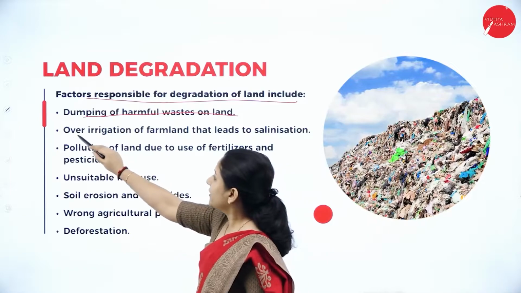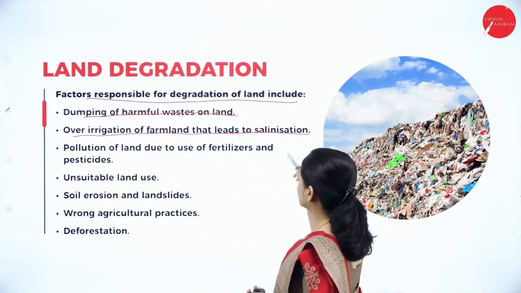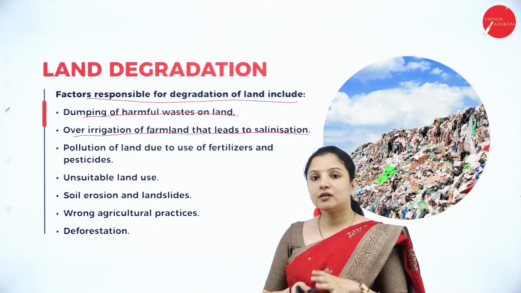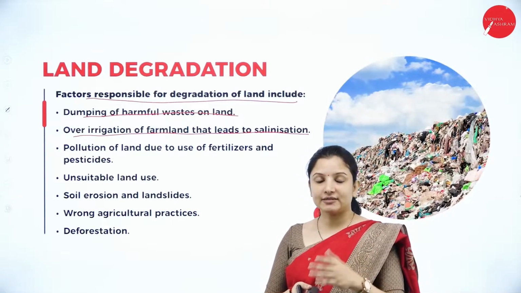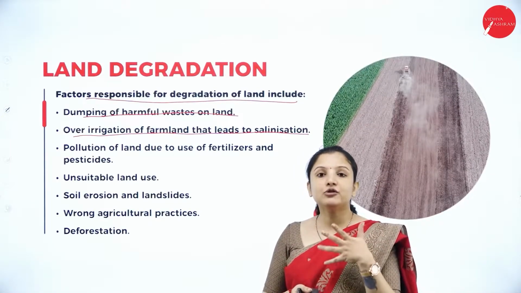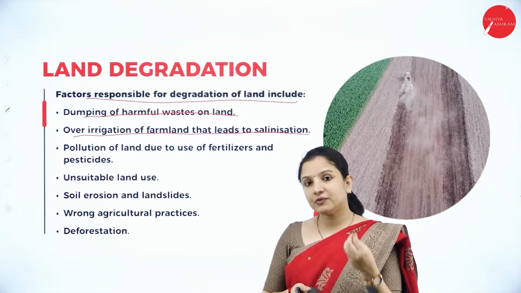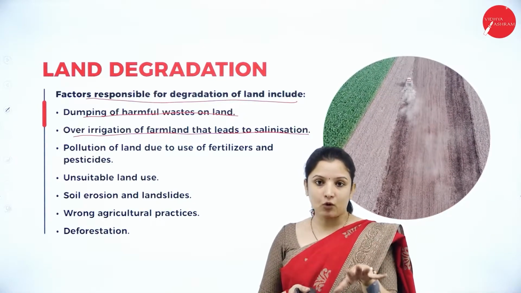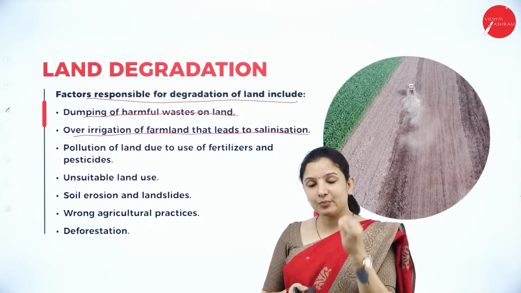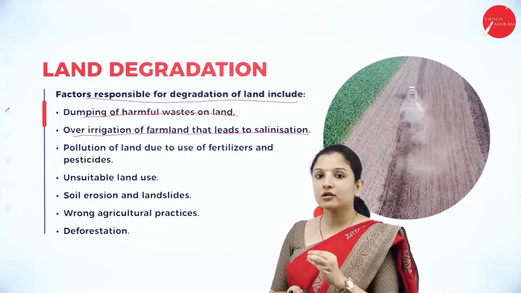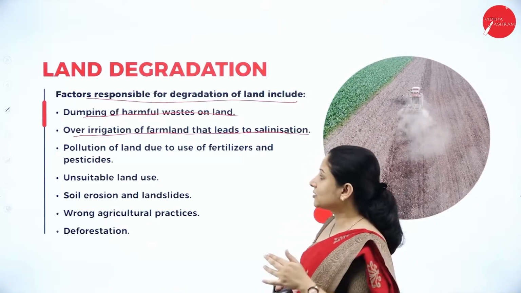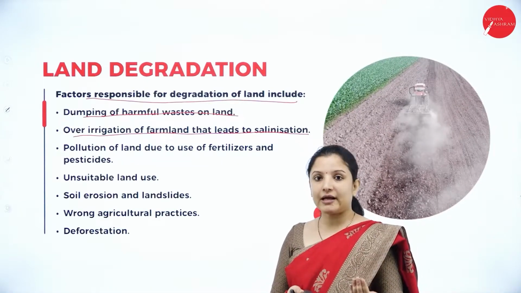Next is over-irrigation of farmland that leads to salinization. So, as the number of farmlands increases, say for example, you are making paddy fields, you're converting a land into paddy fields. Paddy fields, we all know, should always be waterlogged, but that also changes the land quality because keeping the land waterlogged for a long time can increase the salinity of that particular land. So, that is how over-irrigation of farmland can lead to